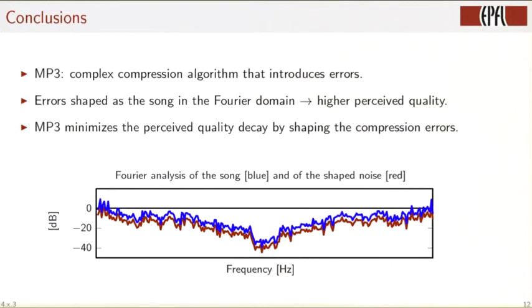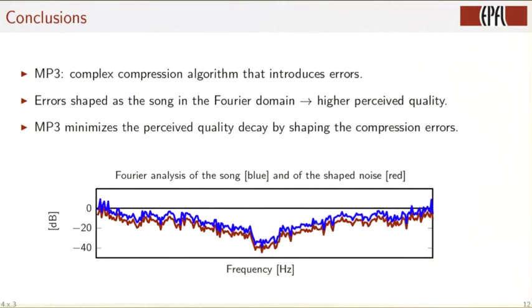So we summarize this in this graph, where the blue curve is the spectrum of the music, the red curve is the spectrum of the noise, exactly adapted to the music. And the compression algorithm used in MP3 is of course very complex, but one of the key elements is to shape the errors adaptively as the Fourier spectrum changes, because of course music evolves over time, so the Fourier spectrum does not always look like this, it changes all the time. So you have to constantly adapt where you put the noise as the Fourier spectrum of the music changes. And so MP3 magically minimizes the loss of quality by shaping the compression errors in a clever manner, and this